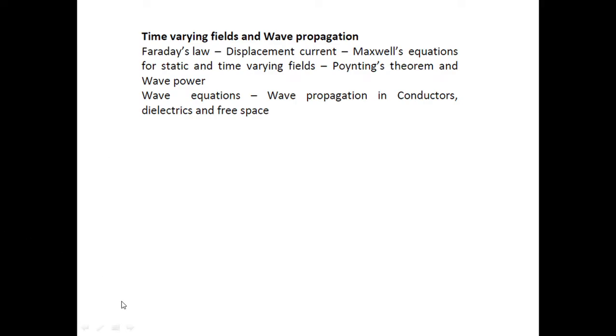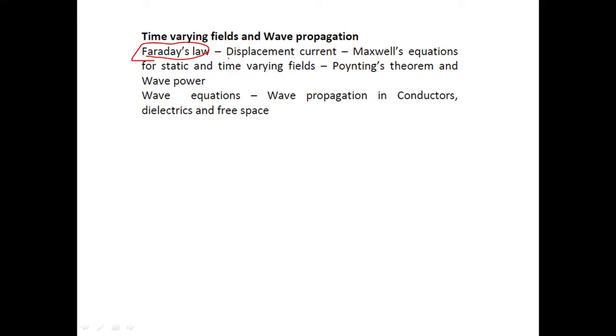So in the last lecture we have seen what is Faraday's law, and we have seen three different cases also, right? That is the varying loop and varying magnetic field, varying loop and constant magnetic field, and constant loop and varying magnetic field. Those cases we have seen in Faraday's law, and we have seen the equations also, right? So now we have seen what is Faraday's law in the previous lecture.